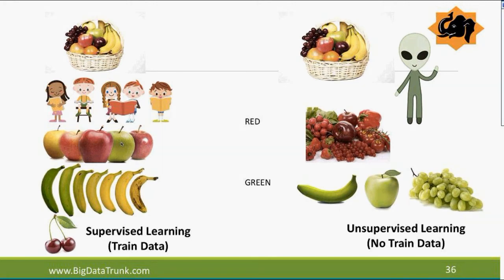Okay, so now let's move to the next part. So far what we have done is supervised learning and unsupervised learning. The question is that in supervised learning you have the prior data, whereas in unsupervised you do not. It's more about answers which I have: prior intelligent data, prior answers are available.